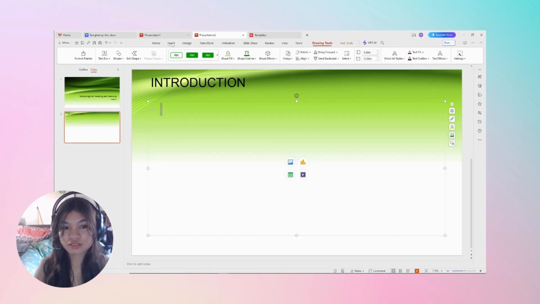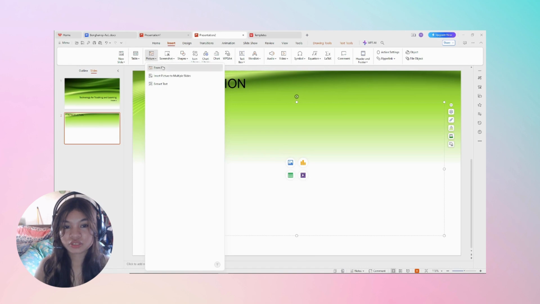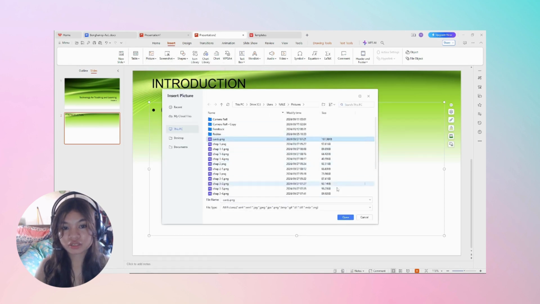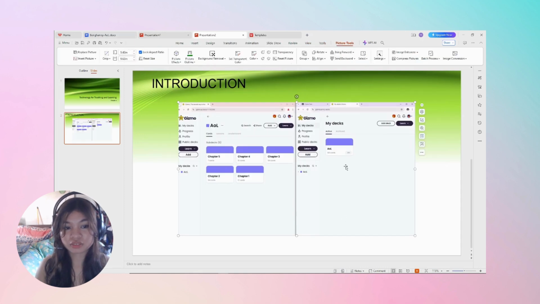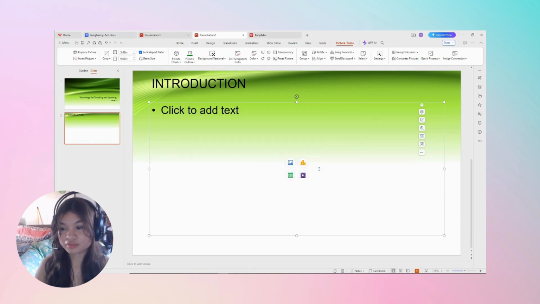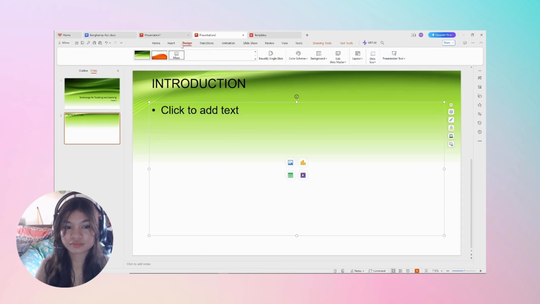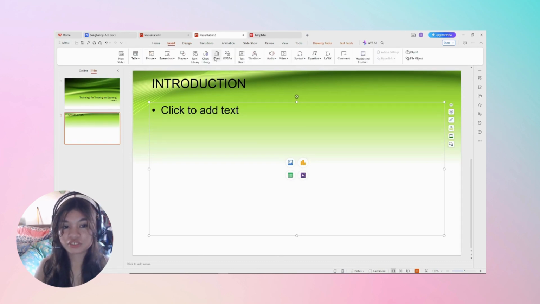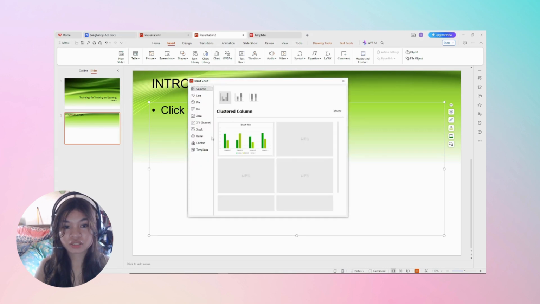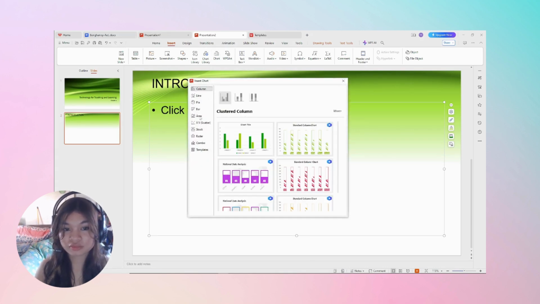And next I'm going to show you how to add a picture. So click here picture and add the picture you want like that. And next for the chart, all the table, picture, charts you can actually find in the insert.